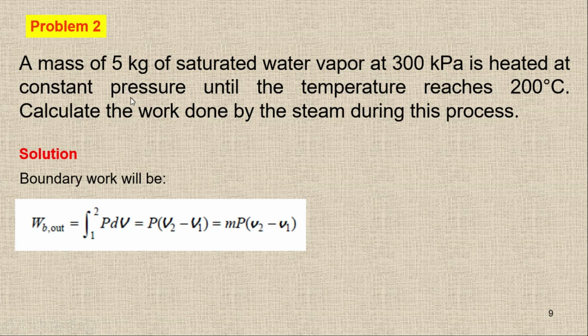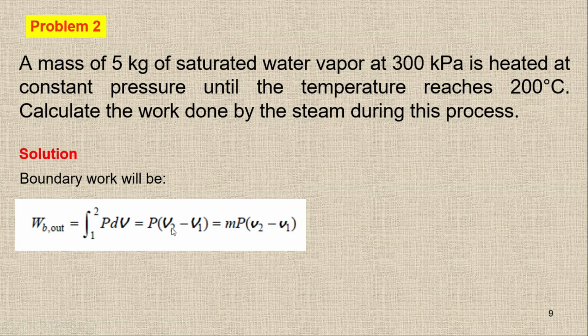And in this case, because we have the constant pressure process, I can take this pressure outside, and then by using the integral, I'll get P times (V2 minus V1). In this case we have V, which is volume, not the specific one. It's a volume, and then we have the pressure. So simply we have to check the difference between the volumes, and then we have to multiply with the pressure, and you will get the boundary work.